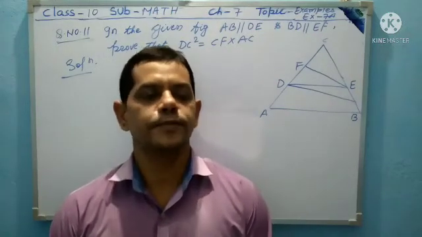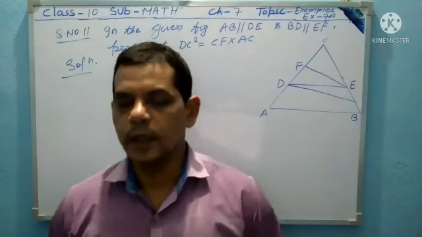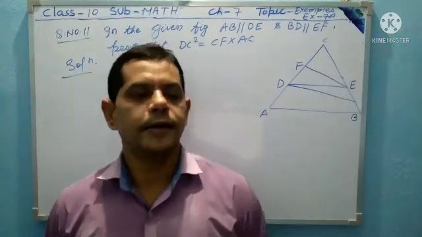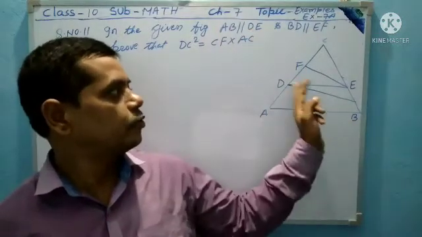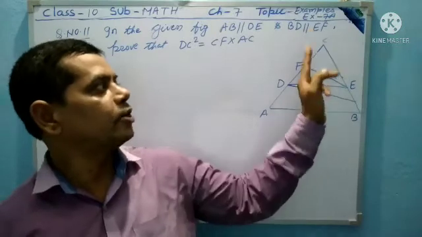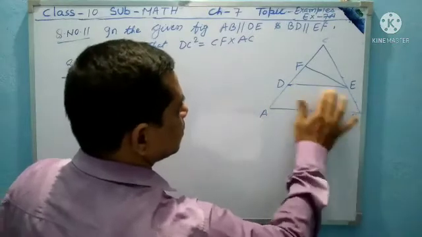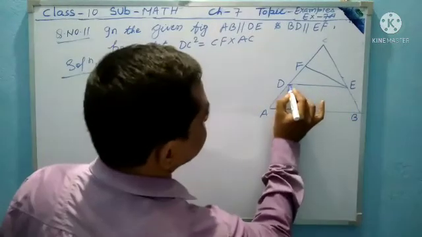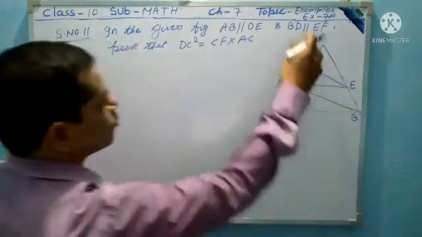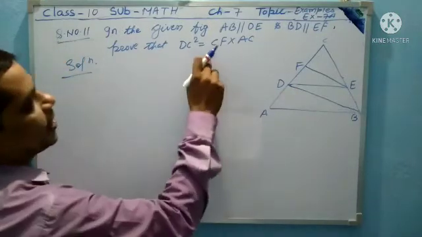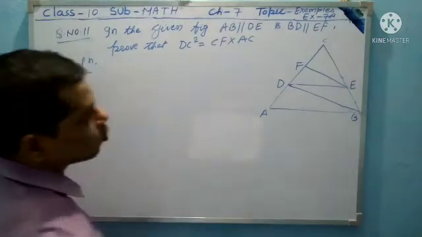Today I teach you exercise 7 examples. I have taken question number 11. In the given figure, AB is parallel to CD, and BD is parallel to EF. Prove that CD square is equal to CF into AC. So the solution is: